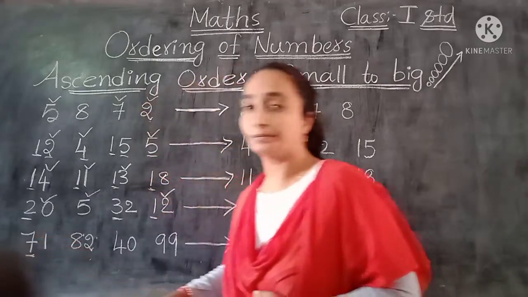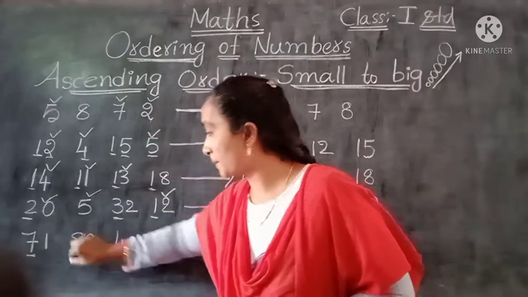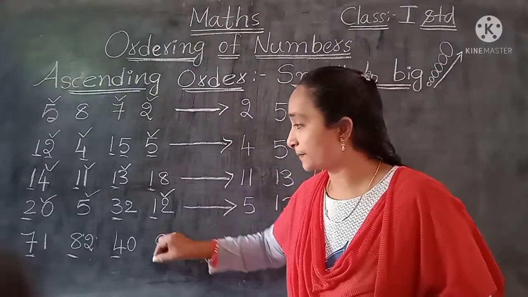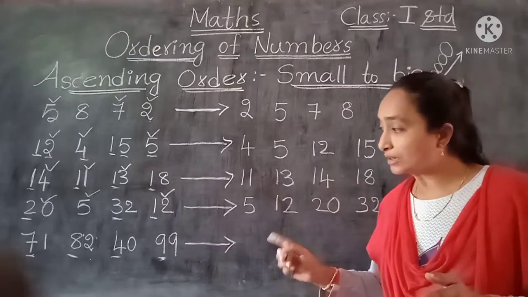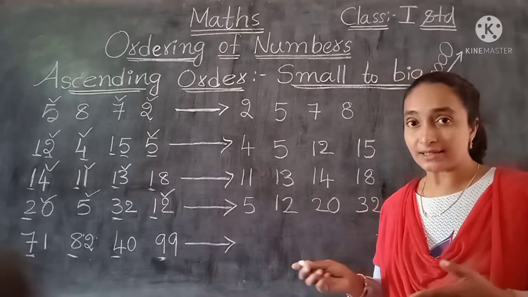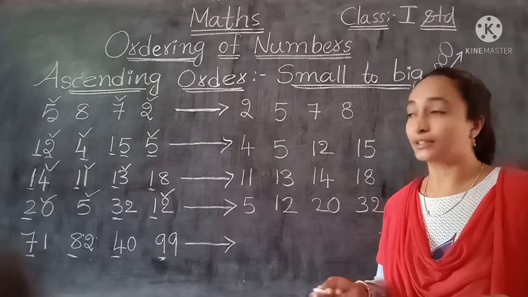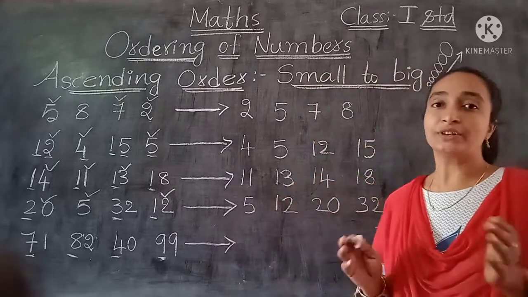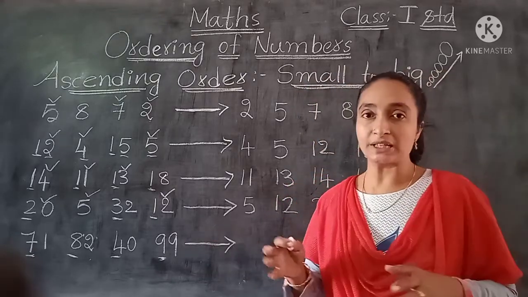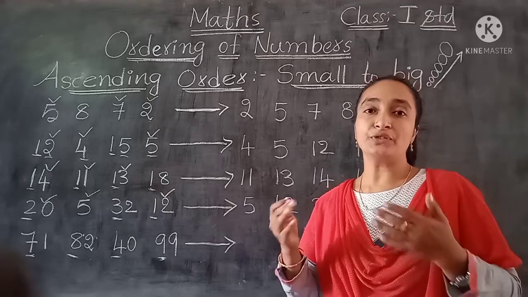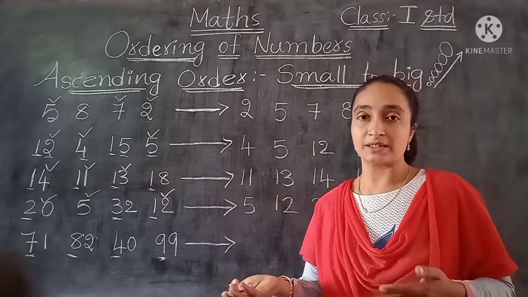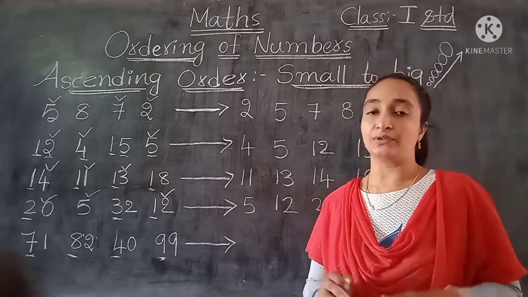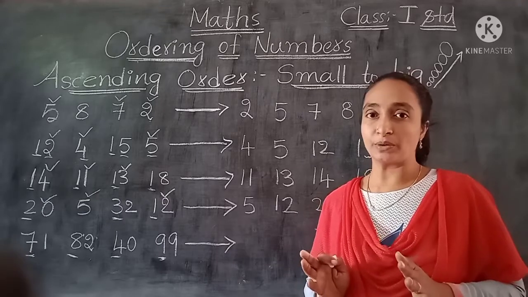So 7 tens, 8 tens, 4 tens, 9 tens. Now here, are all the tens places the same? No, they are different. So here it is very easy. Now the tens place only you can check and you can write very easily. If it is same, then we have to go to the ones place. So here no need to go to the ones place checking. If you check the tens place, that's enough. Easily we can find out which will be the bigger number.